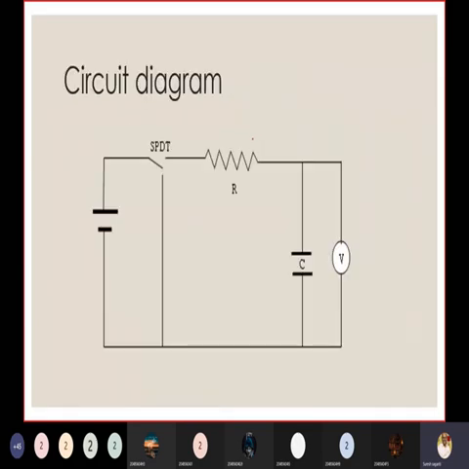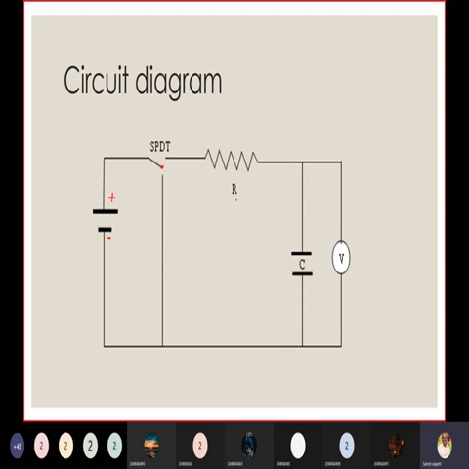Right? What is the circuit diagram? So what is this one? Positive of the battery, DC voltage, and negative of the battery. The positive of the battery we have given to an SPDT, single pole double throw. If the pole is connected this side, it is going to connect the circuit. If the pole is connected the other side, it becomes a short circuit, so the capacitor is going to discharge. Capacitors will discharge if you throw the SPDT to this side, and when you throw the single pole double throw to here, the capacitor will charge.